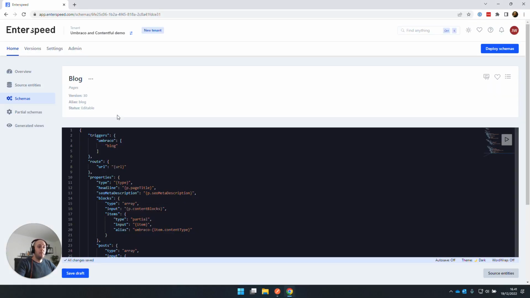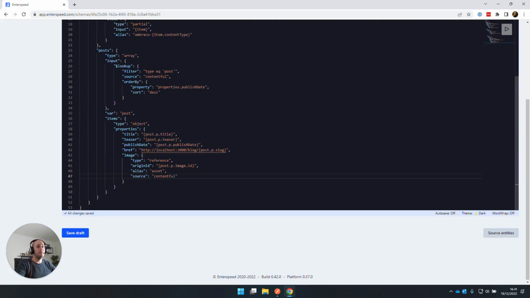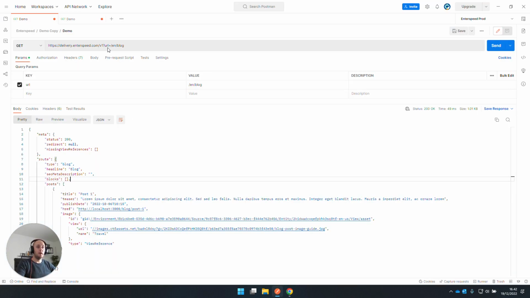So the first thing I want to show you is here. I have a blog schema, and if you scroll down, there's a list of blog posts on the blog page, and each post has a reference to an image. And it's of type reference based on origin ID and for the alias with the name asset. No changes here. So if we go to our view 1 of the Delivery API and request that view, we